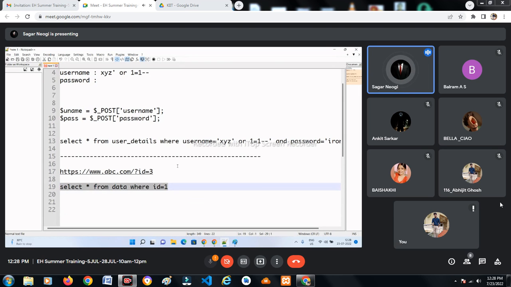What if I try something else? What if I give a single quote over here, along with the number? Then this query will get affected and become something like this. And if this is the query, then this whole query becomes a wrong query, or a syntax error happens over there. And if you are getting a crystal clear error on the web page showing that this particular query has an error in this line, then that means you have an error based SQL